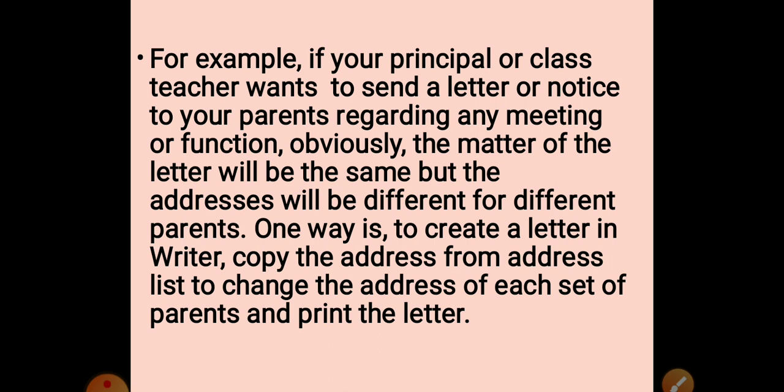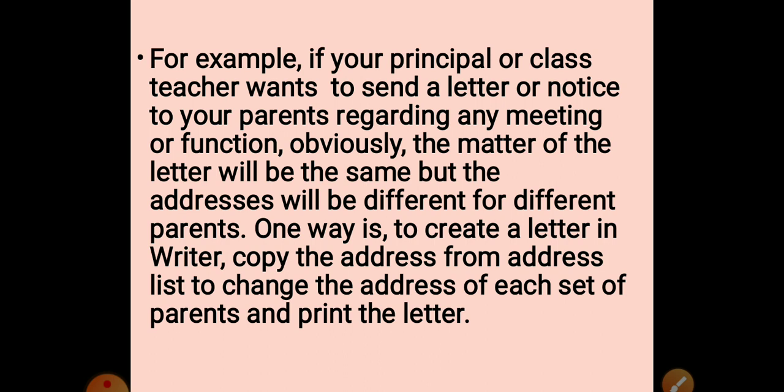So, it is not necessary for the class teacher to write 40 letters. Instead, she has got an option in LibreOffice Writer, that is the mail merge option. With this mail merge option, your class teacher may create one copy of the letter as main document and have a data source where she stores the addresses of all the parents and can merge these two documents one by one, by creating only one single original copy of the main document letter.